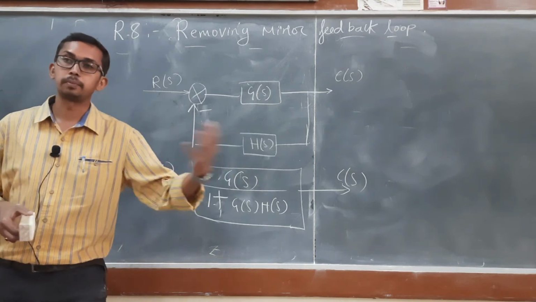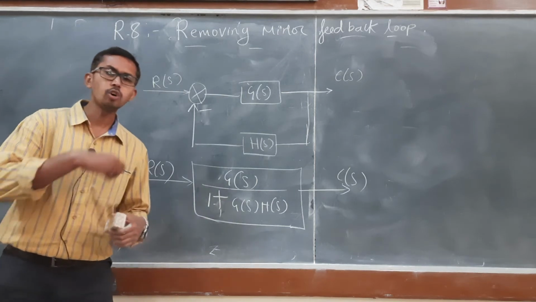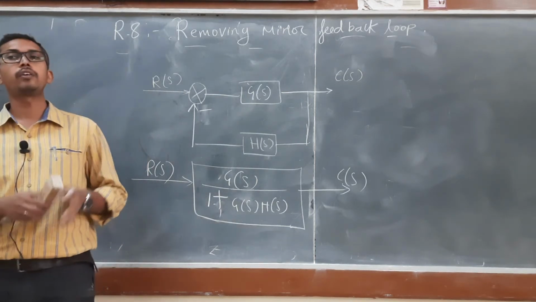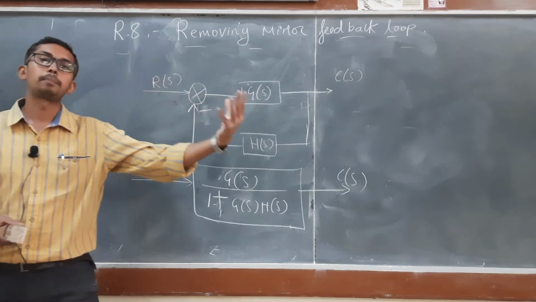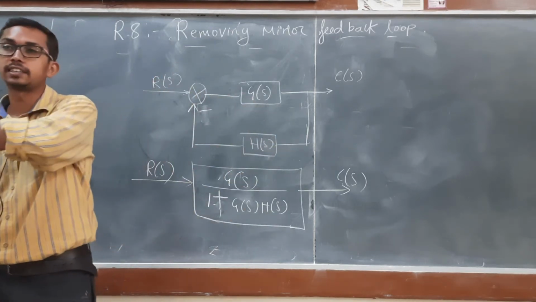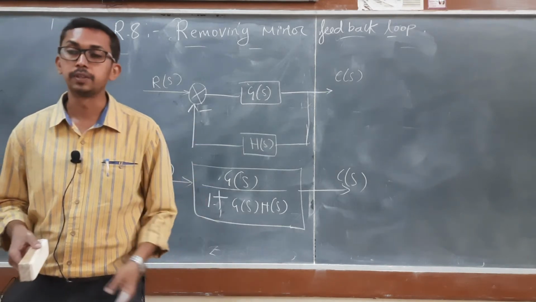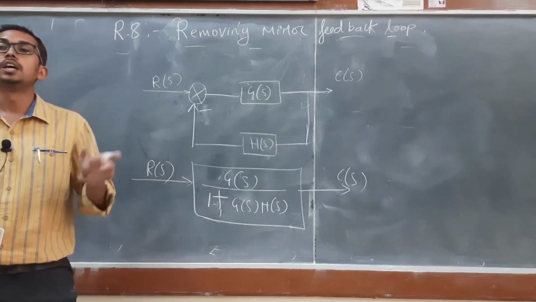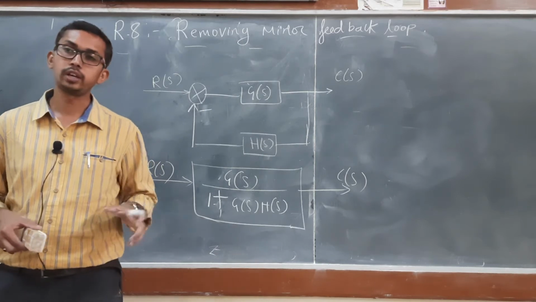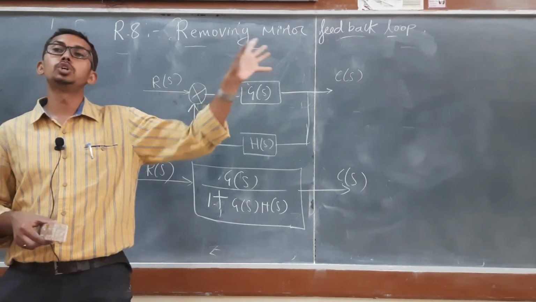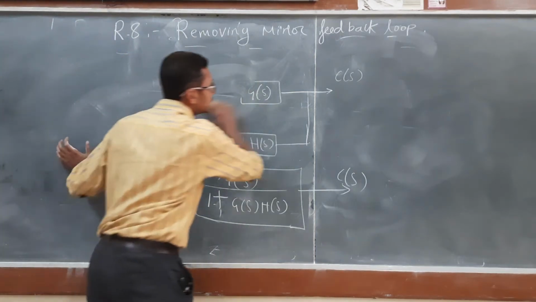Now I am going to take up the problems on this. Before starting with the problems, we have different rules. Now we should know which rule should be applied first and which rule should be applied last. That is very much important, then only we can solve the problem. So the heading will be the procedure for solving block diagram reduction. We have the rules, now we should know the procedure for how to solve the problem.